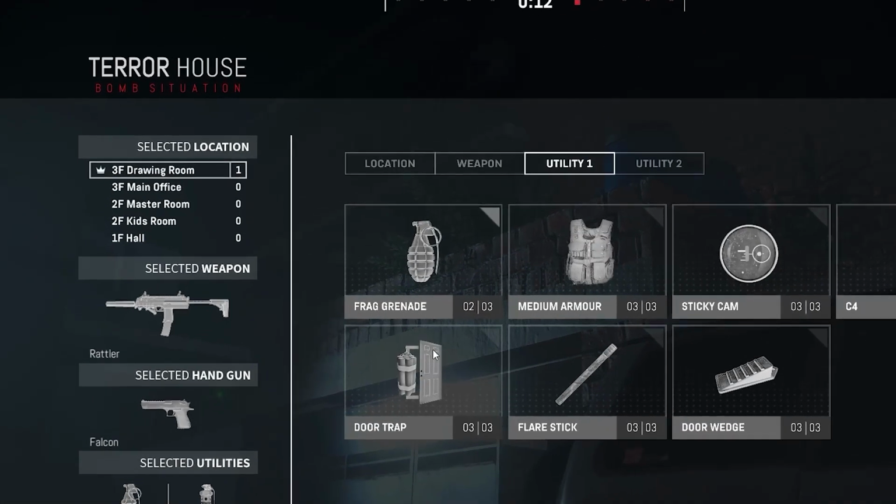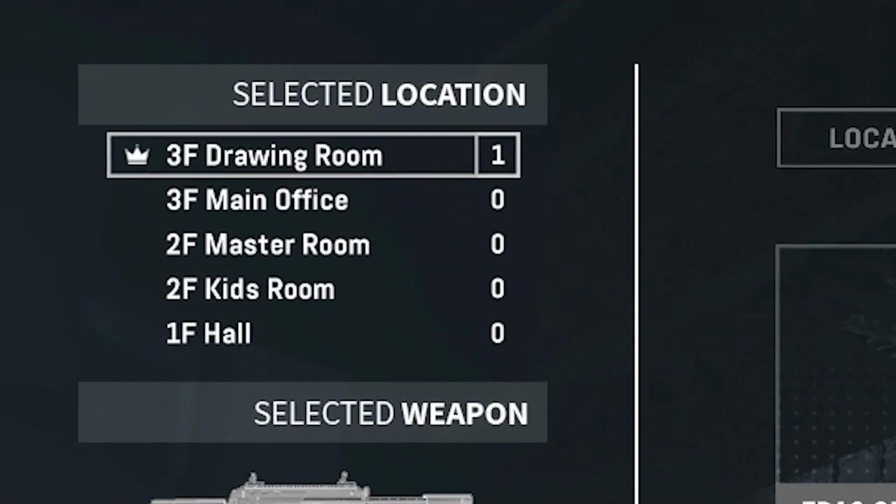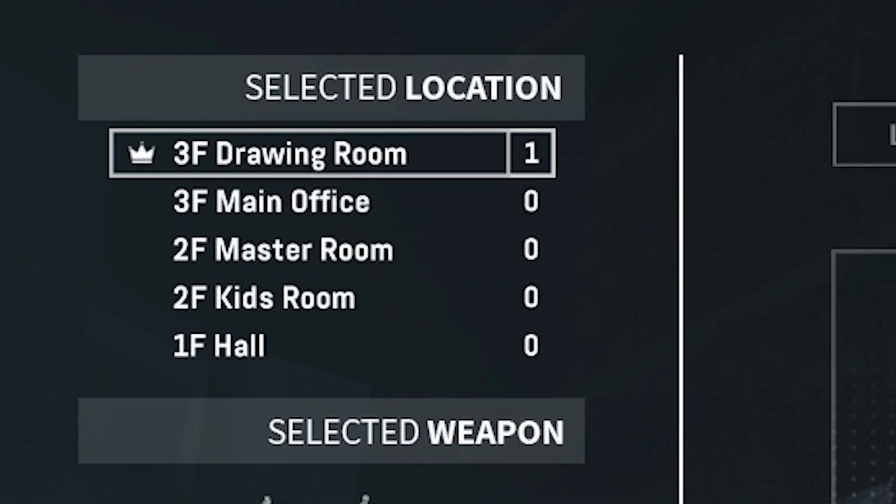On the left hand side of the screen, you will see the list of locations. The one with the crown is where the objective will be. The game will pick one by default, but you can change it by clicking on a different one. The first player to click on a different location is the one who can change it again. So make sure you talk to each other before changing the location and make sure you are on the right